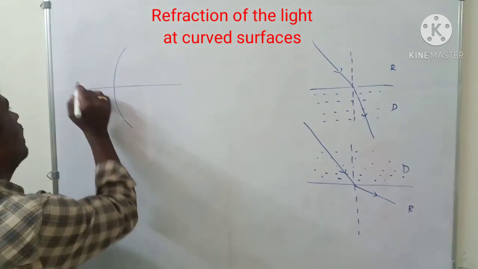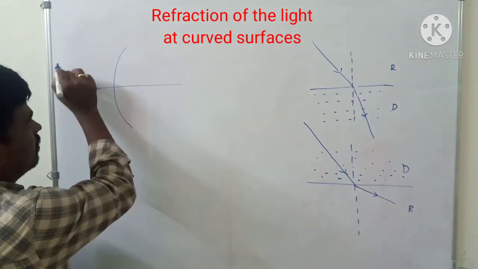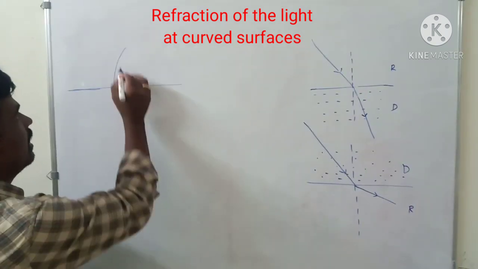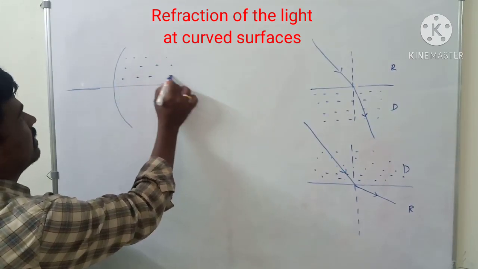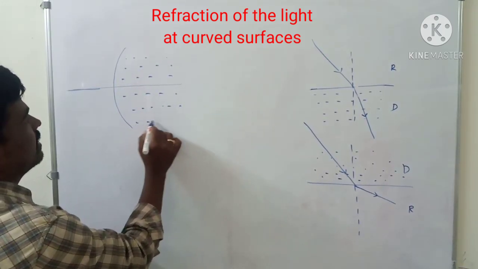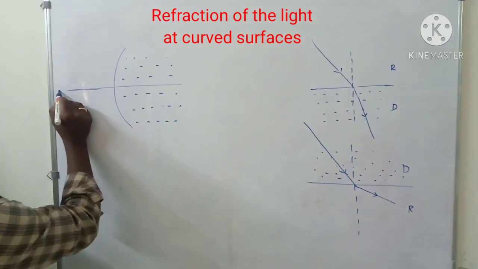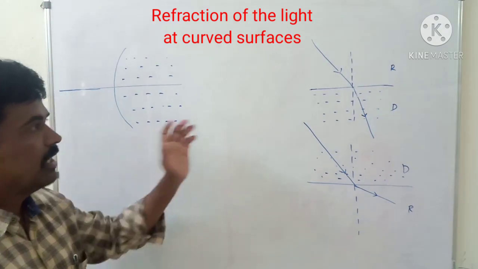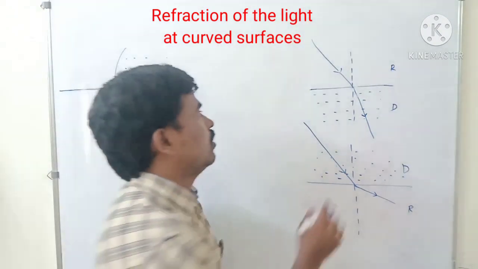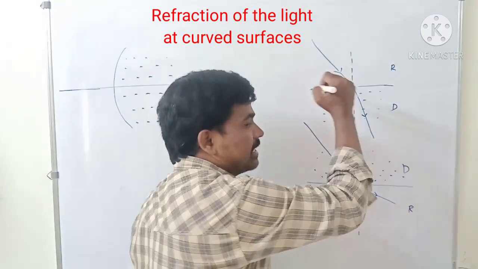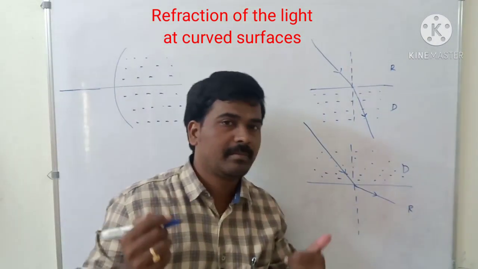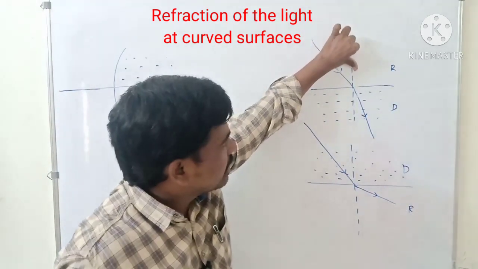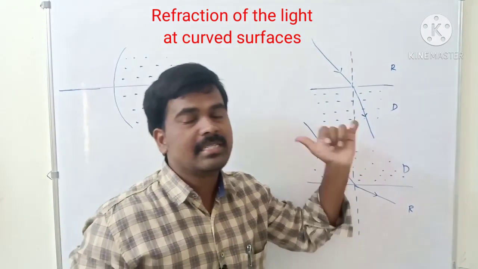Okay, so a light ray coming from outside is going to change the mediums. Let us assume this side is a denser medium. From Snell's law, what Snell's law says is that when the light ray travels through the normal, it doesn't deviate. That means it doesn't bend. So when a light ray travels through the normal, it doesn't bend, doesn't deviate.